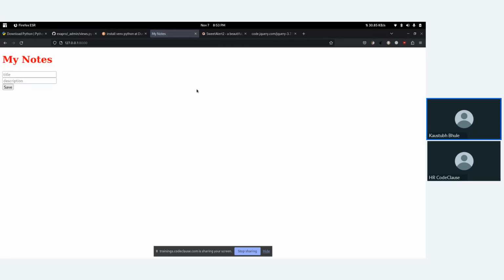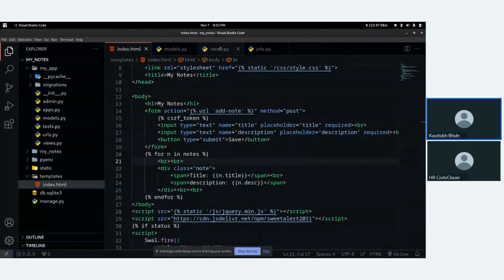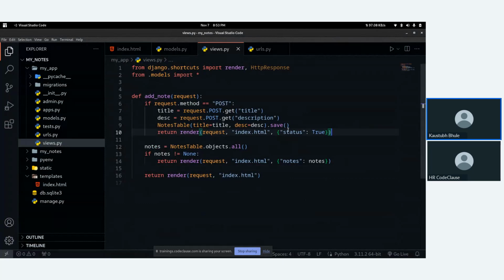Okay, now we got a bug because after saving this data we are returning only this, so we are not returning any kind of notes data here. That's why we are getting the empty page. What can we do here?